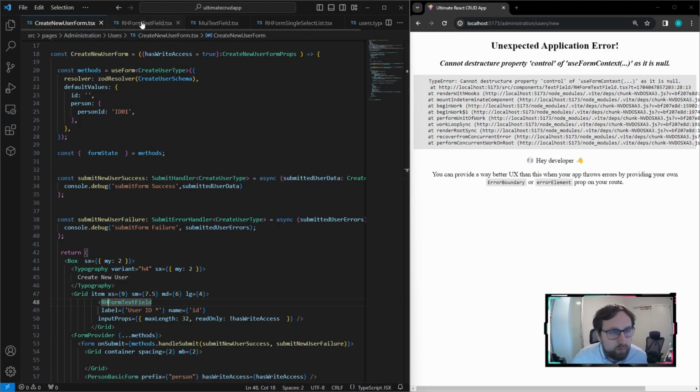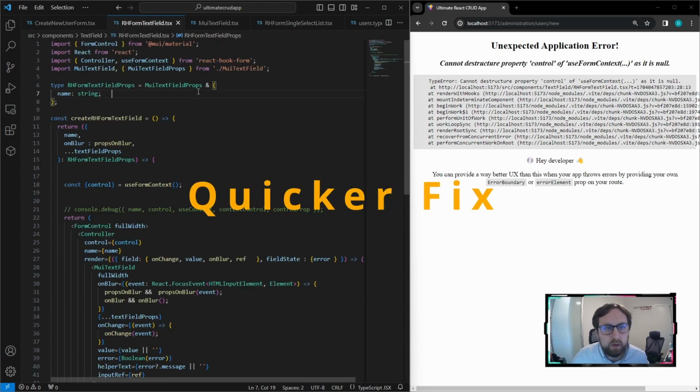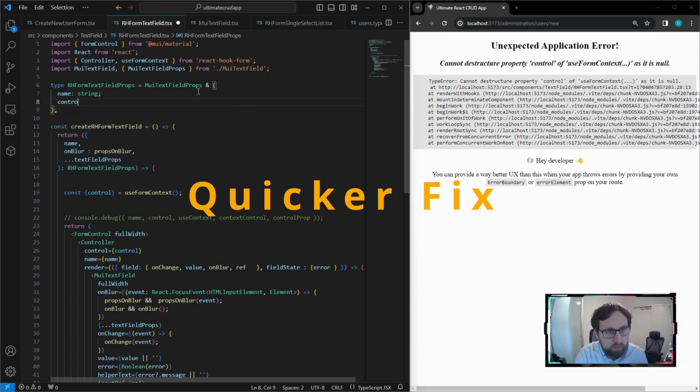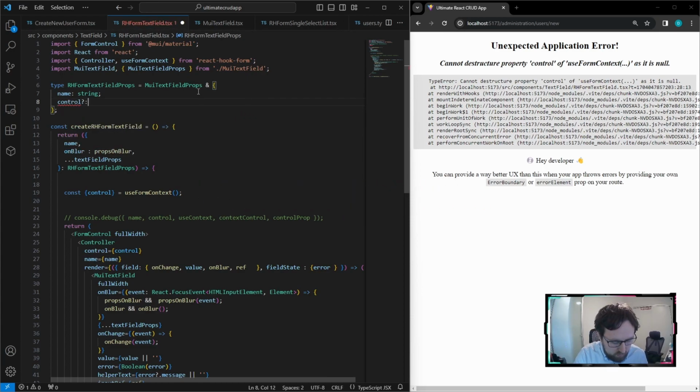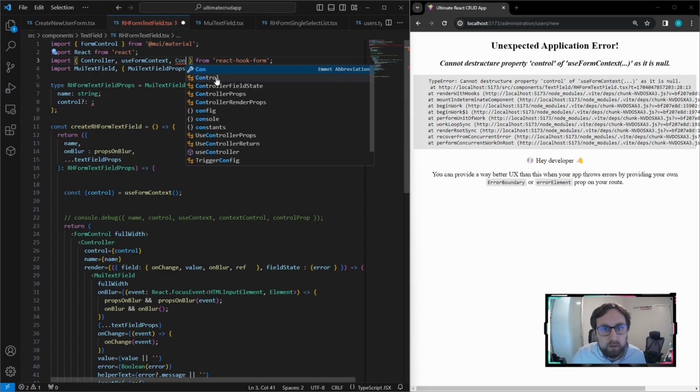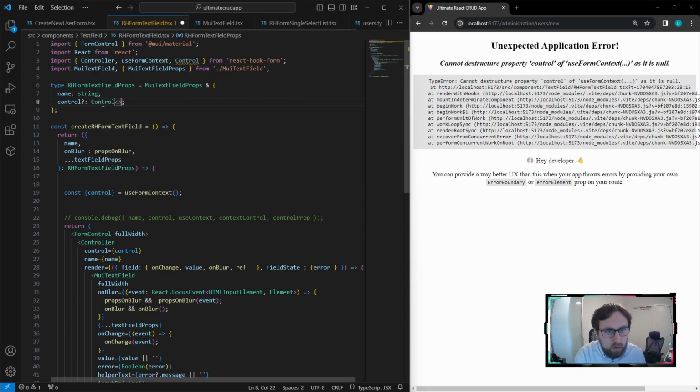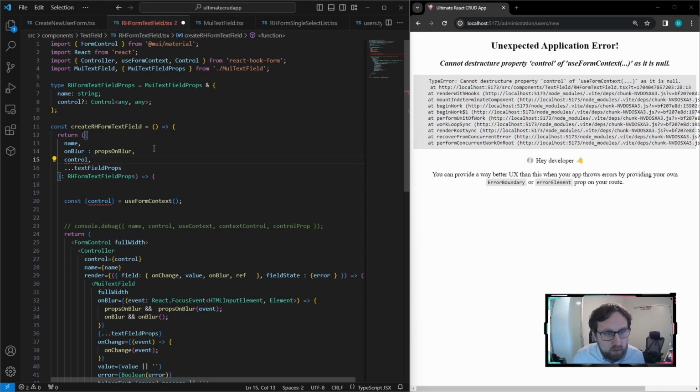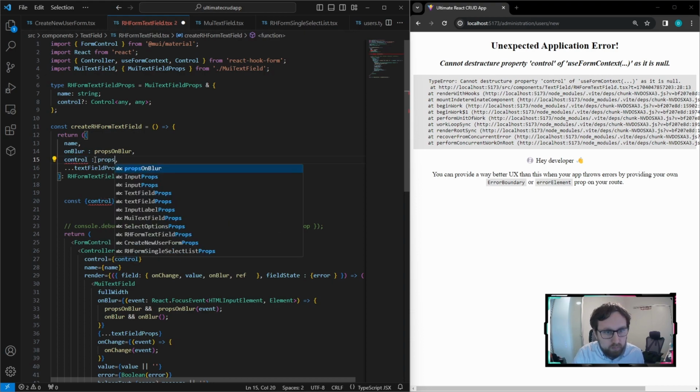To upgrade this React Hook form text field and fix this error here, I guess there's a few approaches we can do. We'll go with the quick and easy one first. That will be adding in a new optional prop here where we'll pass in the control object. I think that's in this React Hook form library. Yeah, so we'll take this control type, put it in this prop here, and I believe it's any there. If anyone types that and knows how to make that generic, leave a comment in the chat. With this control, we'll then pass it down to these props down here. We'll do props control,